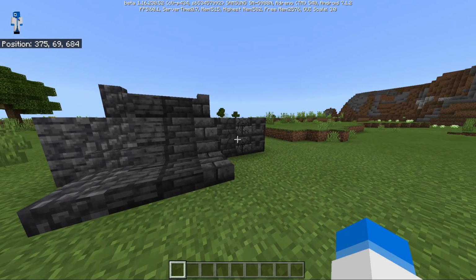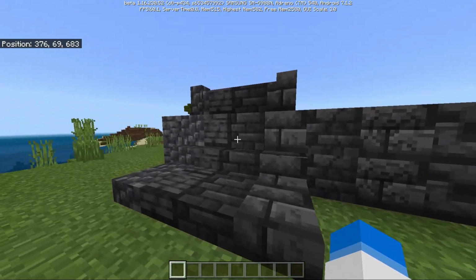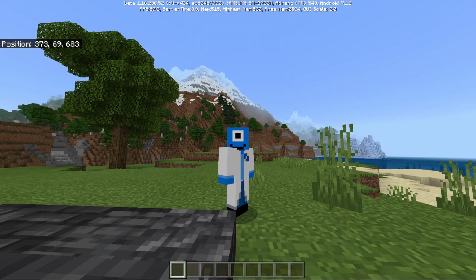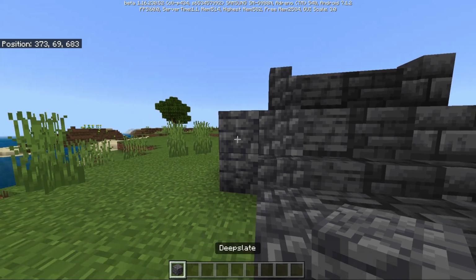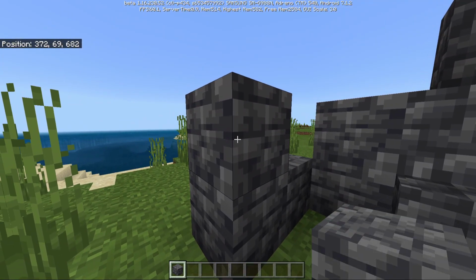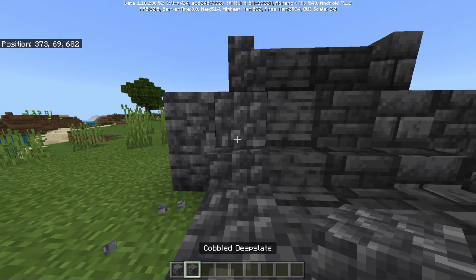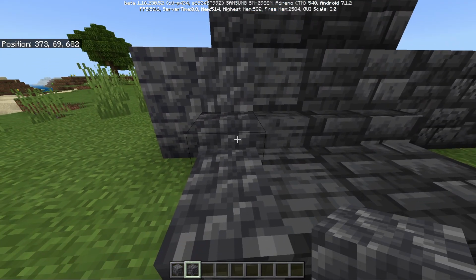So as far as I'm aware, here is all the various Deepslate items or blocks that we have in the game. So as you can see here, we have got the Deepslate. This is just the normal Deepslate, and I believe this is the one that generates underground. Well, yeah, it does. It generates in blobs below Y16, and then we've also got the cobbled Deepslate and its